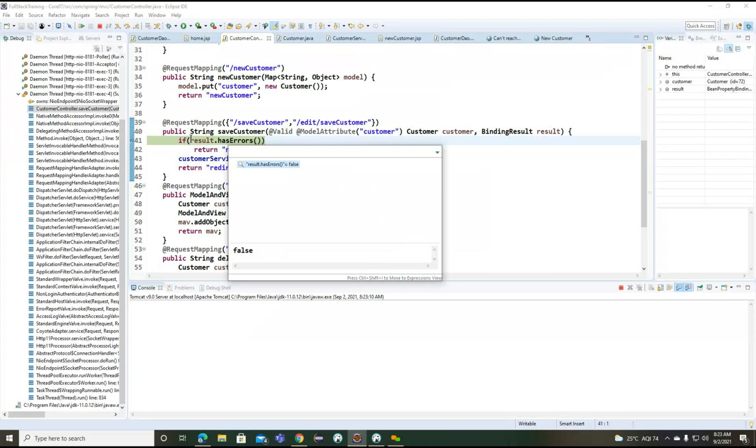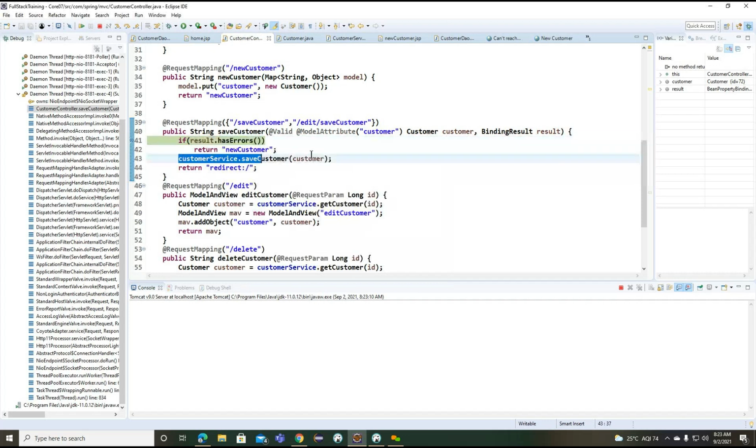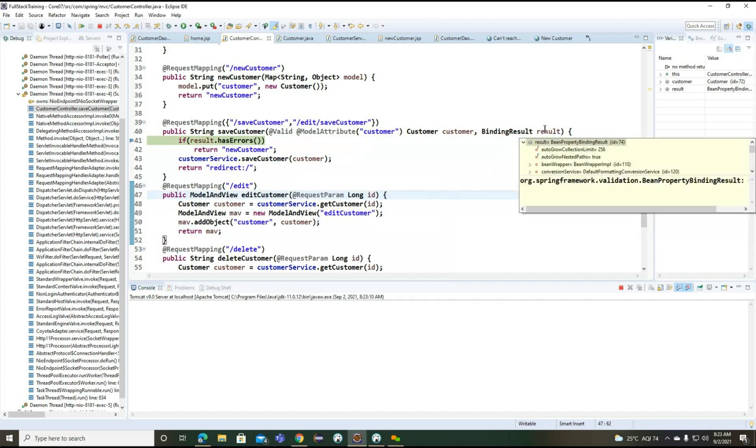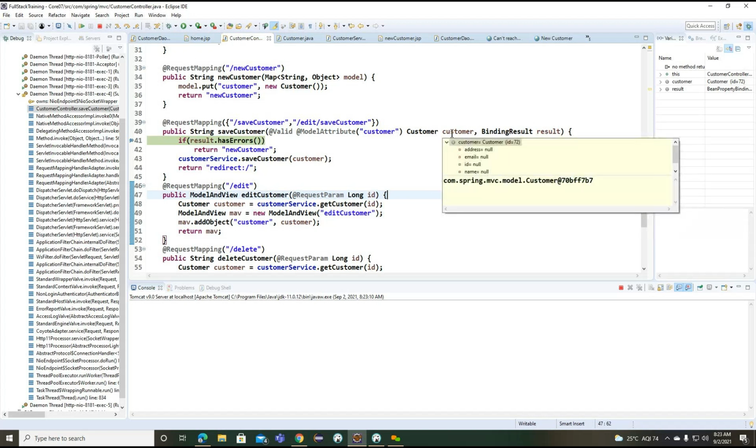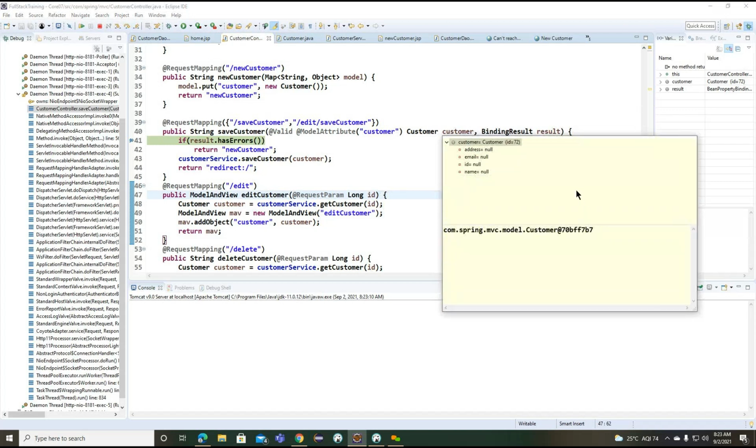So we are getting false here. Because of this particular false here, it's saving an object here, and from the database side we are getting an exception. But why is this particular result not handling? All the object we are getting as empty.